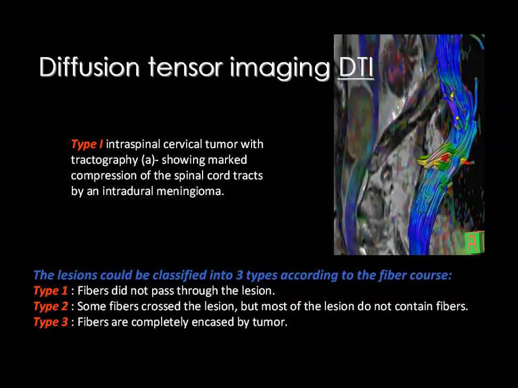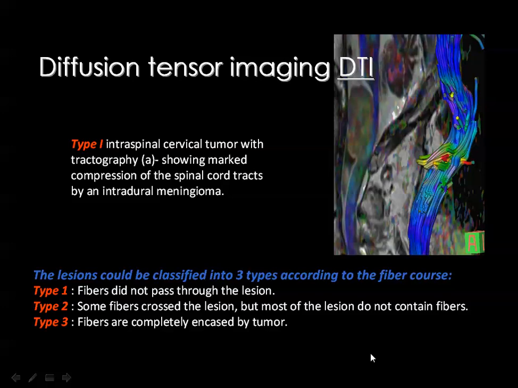At some time I thought that diffusion tensor imaging can help to differentiate between astrocytoma and ependymoma, based on the fact that astrocytoma is a tumor of the substance of the spinal cord which will infiltrate the cord tracts, while the ependymoma is arising from the central spinal canal which will displace the tracts without invasion. But this thinking was not right. And according to the literature, we can